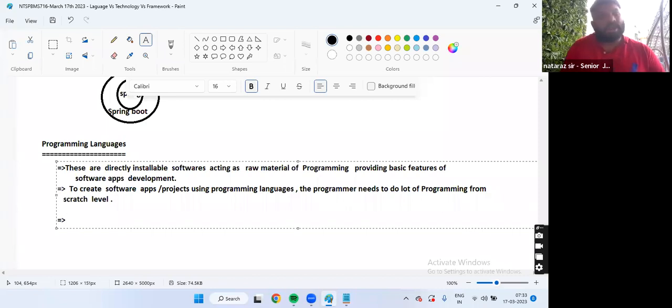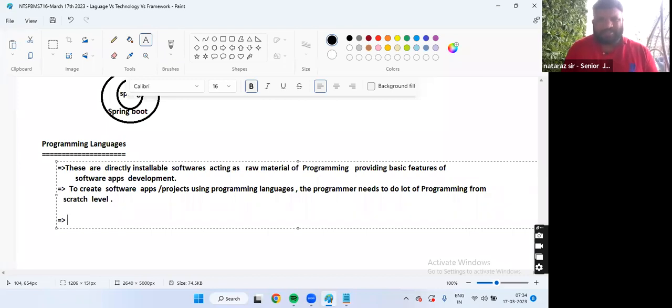Now listen, programming languages define the syntax and semantics of programming by supplying compilers and interpreters. What do you mean by syntax, guys? Rules of the programming. If you want to write code using Java, there are rules to follow. Every open flower bracket should have a closing flower bracket.